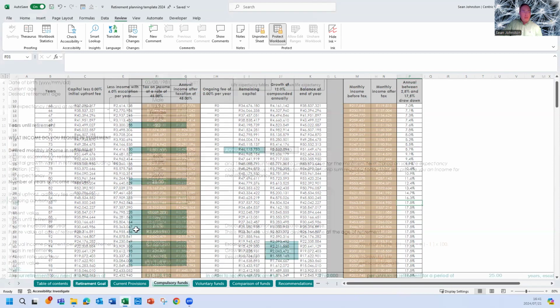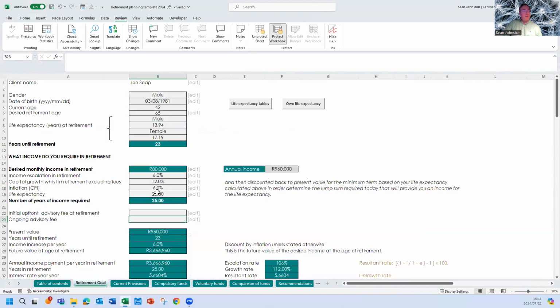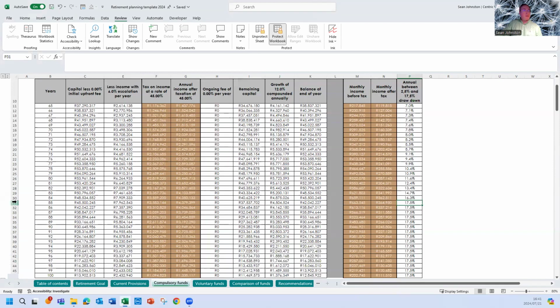Now, we've reestablished he needs to have the money last 25 years, which means he'll be 90 when Joe is expecting to deplete the funds. But because he's now reaching 17.5%, his income in real terms is going to reduce because it's not increasing at the 6% as it should, because it is limited to